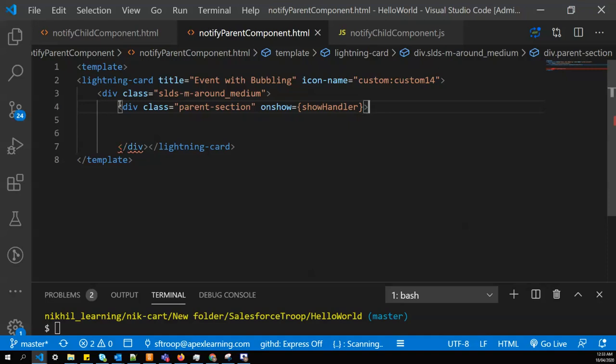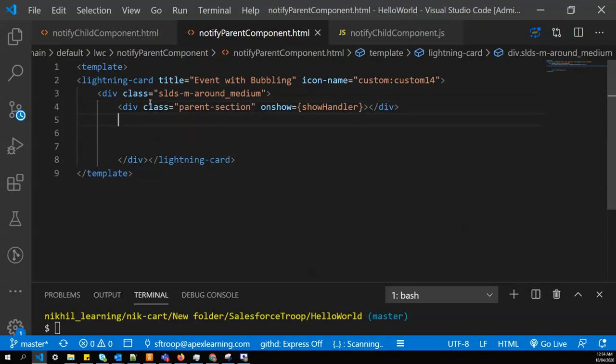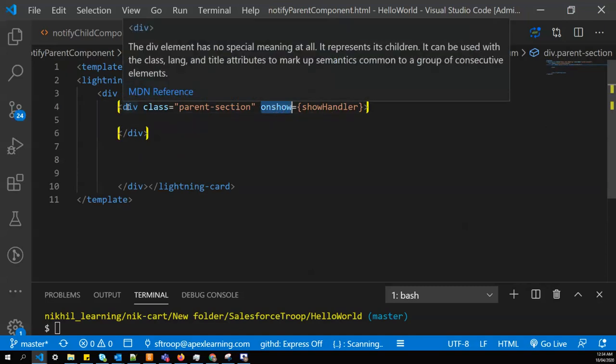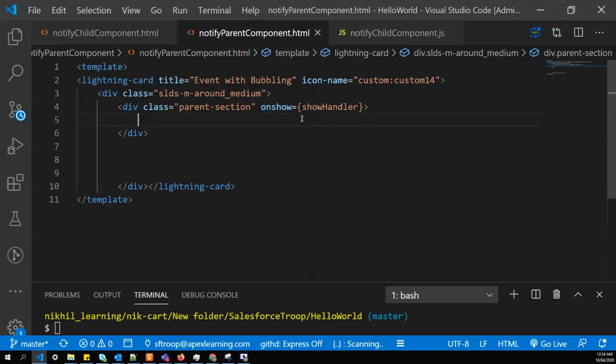So I have used a child custom event on a div that gets called whenever the child dispatches an event.